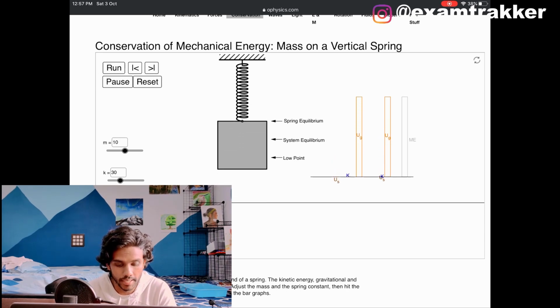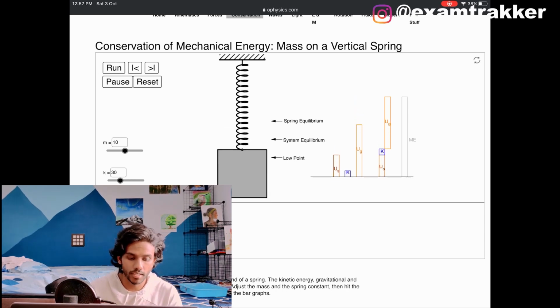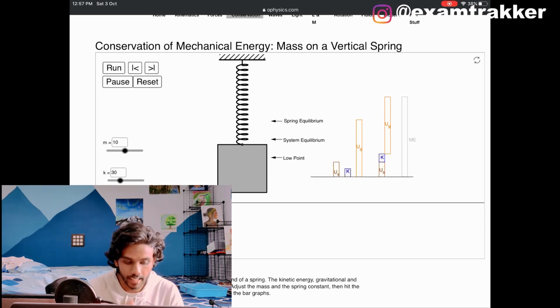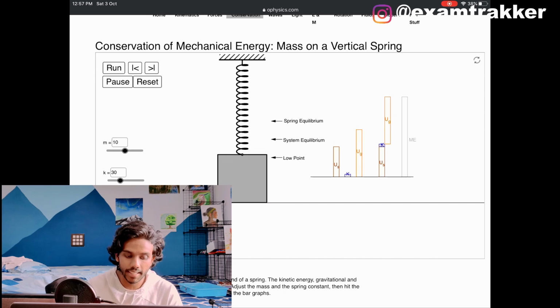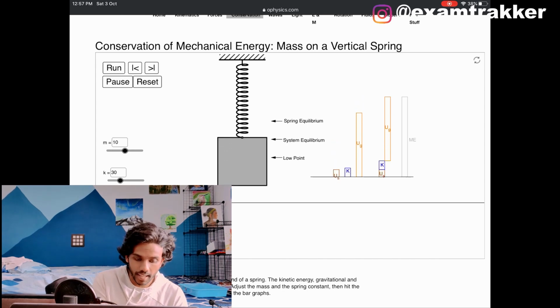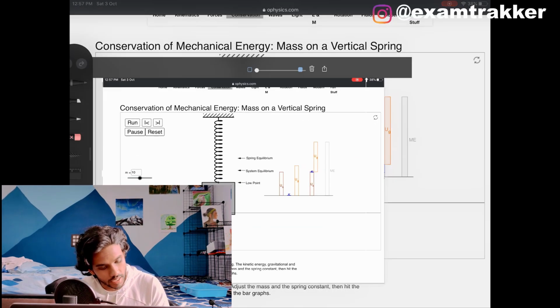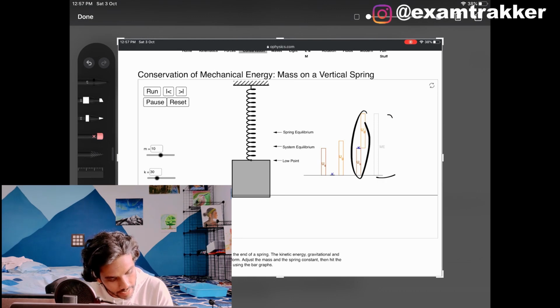You see that? You see how the energies are clearly changing? As the block is coming down, you can clearly see the gravitational potential energy Ug is going down. As the block is oscillating, the kinetic energy is oscillating. But on the right side, where he considered the sum of the 3 energies, it is actually constant.